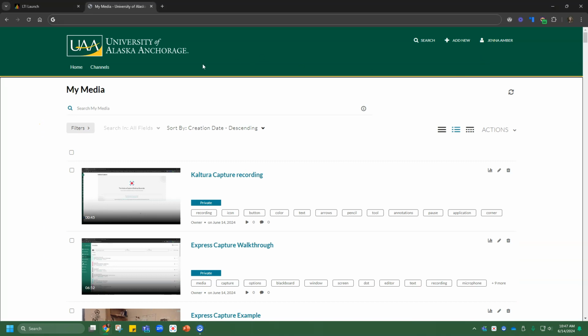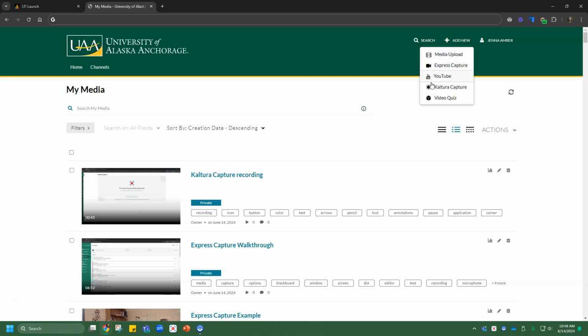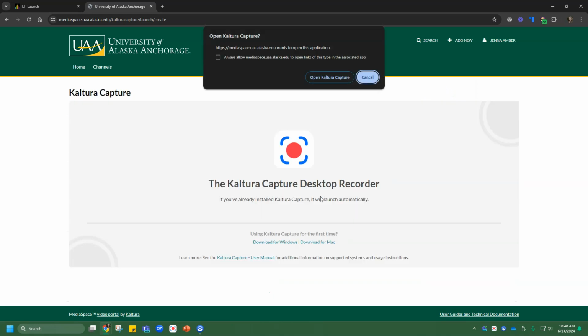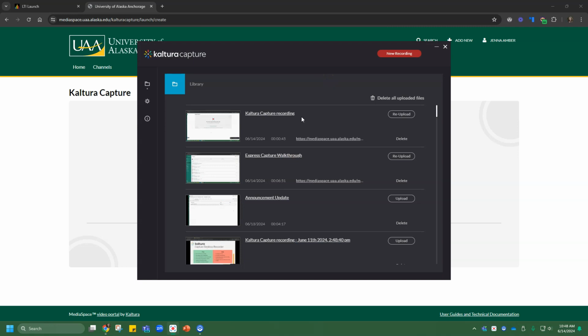So anywhere on Media Space, you'll see this Add New button right up here next to your name. If you click on that, it looks very similar to what we saw in Blackboard. So you have the option for media upload, express capture for in-browser recording, bringing something over from YouTube, or making a video quiz, but the Kaltura Capture application is what we're looking for. So if I click on that, just like when I clicked that in Blackboard, it will show a similar window here where I have the option to download for Windows or Mac if I'm using it for the first time, or since I've already installed it, it wants to launch automatically. And so I'm going to say, yes, that is okay, open Kaltura Capture,